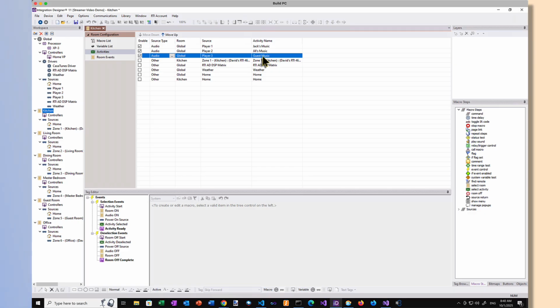Okay, so now that we've defined the 3 activities that we want and we've named them appropriately, the next thing we need to do is set up our events for each activity. So in the case of selecting Jack's Music, when I want to listen to the stream which is coming from the CasaTunes streamer, which is stream 1, which is also called Jack's Music in the CasaTunes music player. But when I want to listen to that stream in the kitchen, what is it that I have to do? Well, typically when we first select that we want to listen to Jack's Music, there are various events that are raised, and